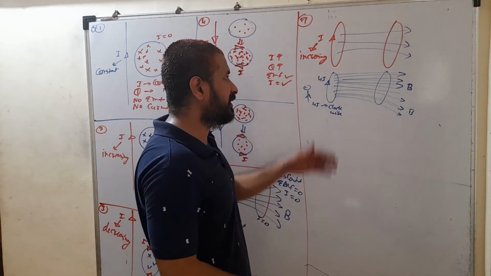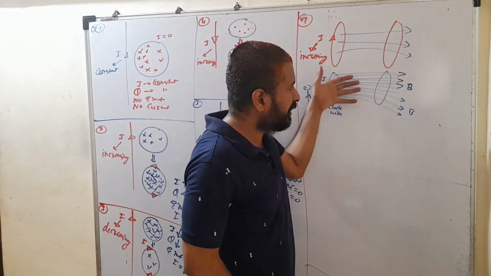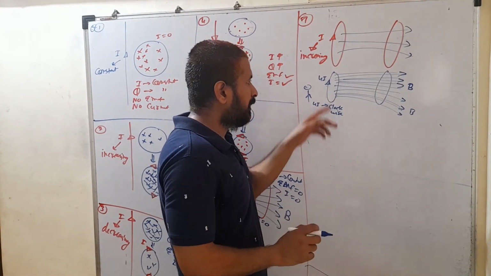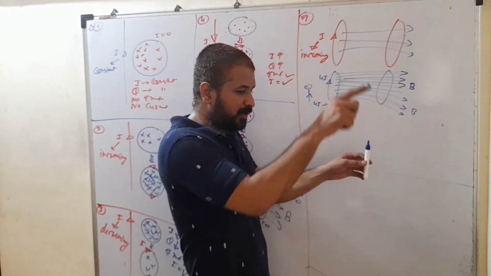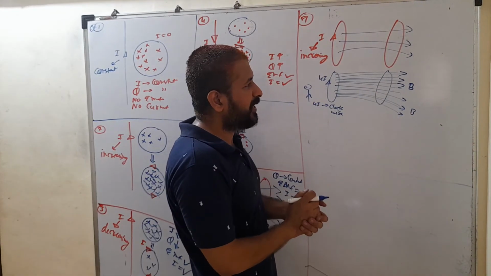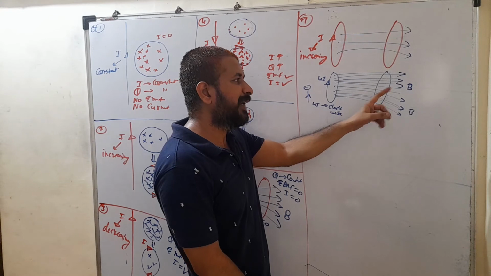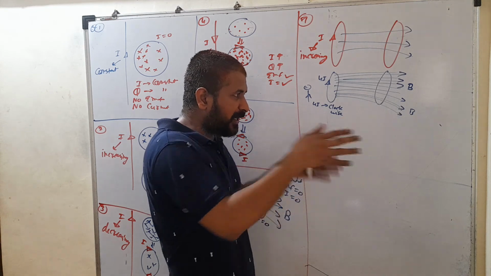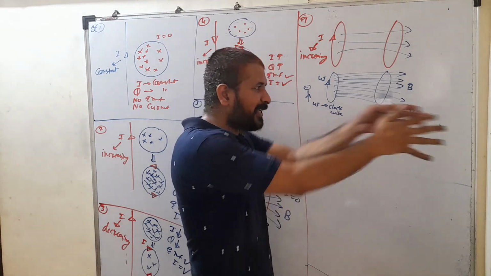So that clockwise current is going to increase the lines. Which lines? Inward lines. इसमें ये lines जा रही हैं, enter कर रही हैं. So inward lines increase in the second loop, because in the first loop, current is in clockwise direction. So when the current is clockwise and magnetic lines are inward, तो that inward lines इसमें increase कर रही हैं second loop में. So when inward flux increases, the current which is induced in the second loop is going to oppose that inward flux. So to oppose that inward flux, जो first से line निकल के second में गई, the current induced in the second loop is going to oppose those lines which are entering that loop.